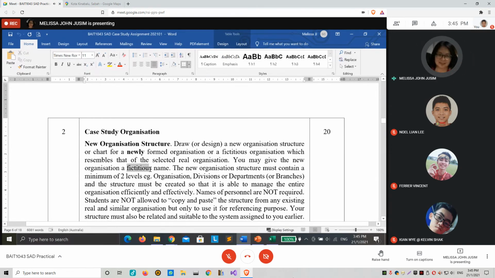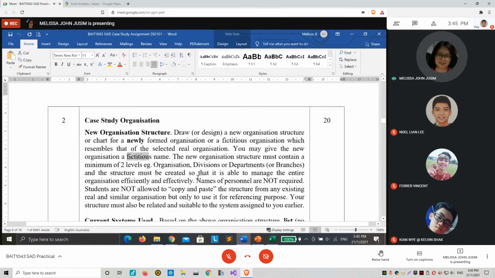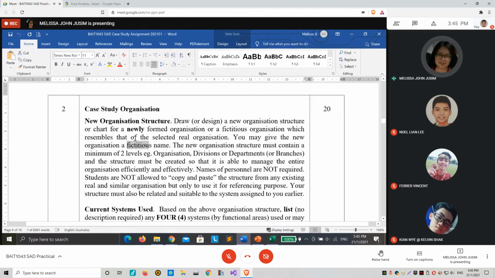The new organization structure must contain a minimum of 2 levels. 2 levels means the top management and also the departments below it. Make sure it is complete for the entire organization to operate efficiently.